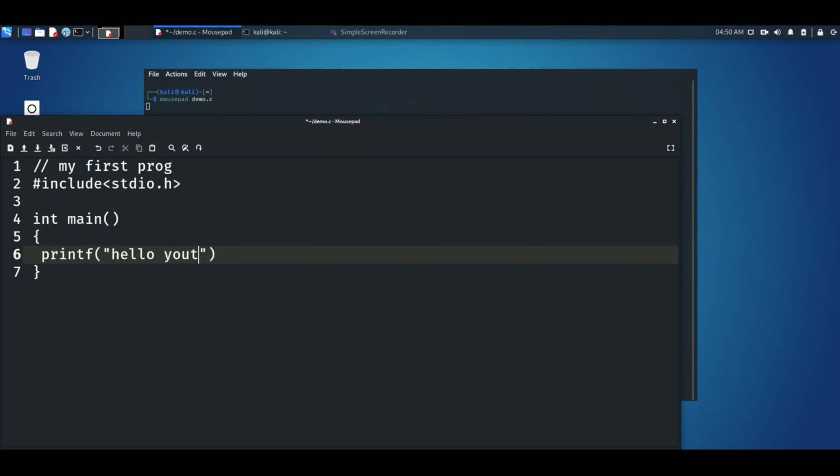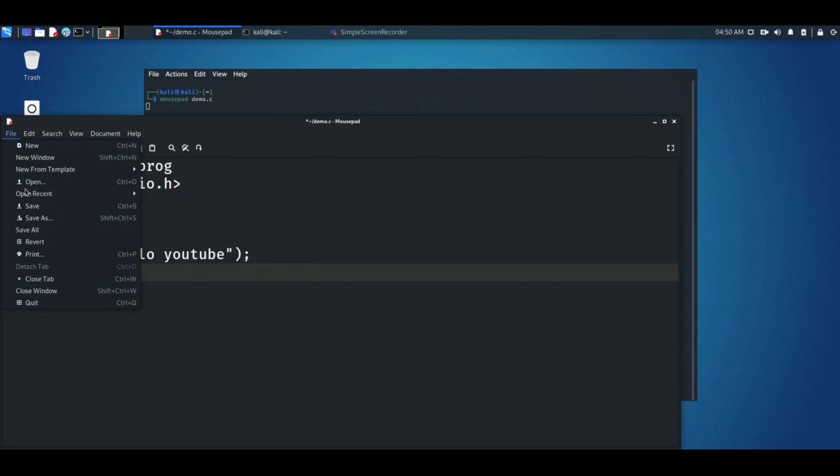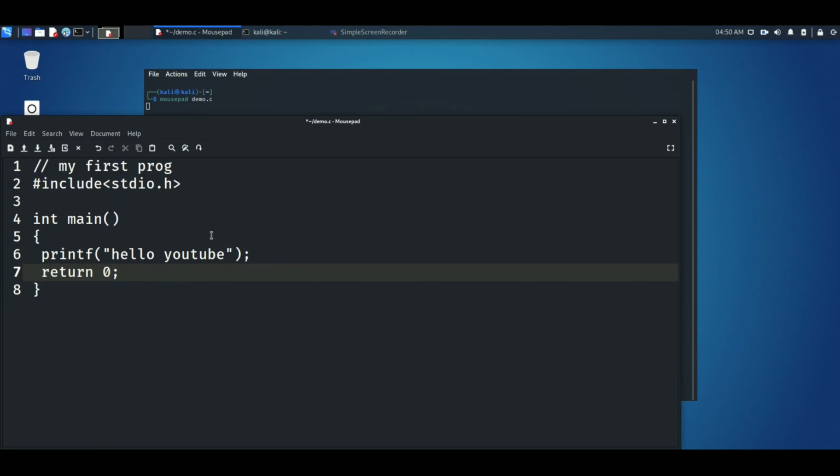So it will print hello YouTube on a blank screen, right? As we know, semicolon, return 0. As we create a main function of type int, we have to return the integer value. So I'm returning 0. So save this file by going here and save, or simply using the shortcut Ctrl+S.